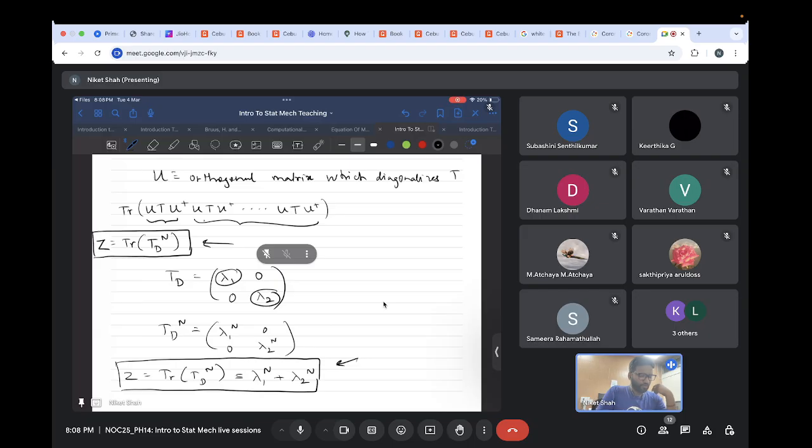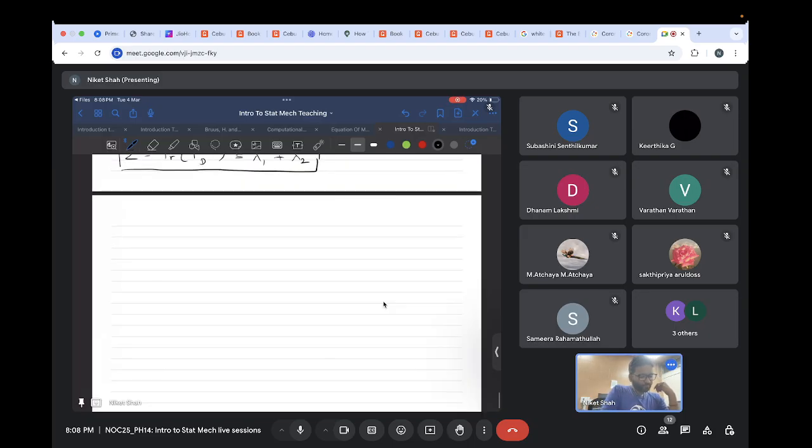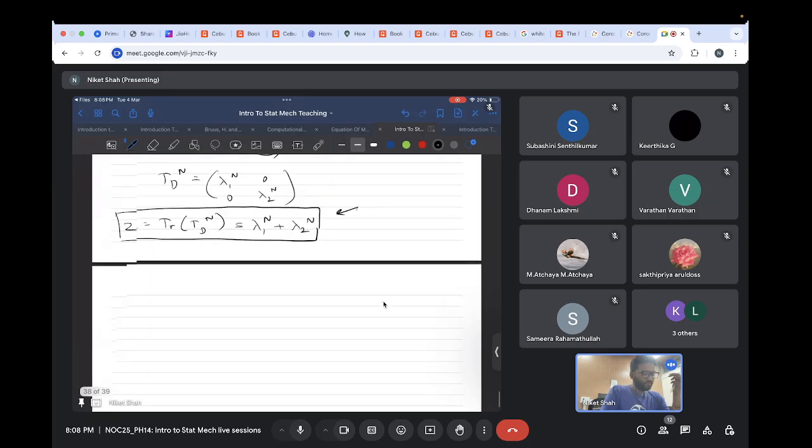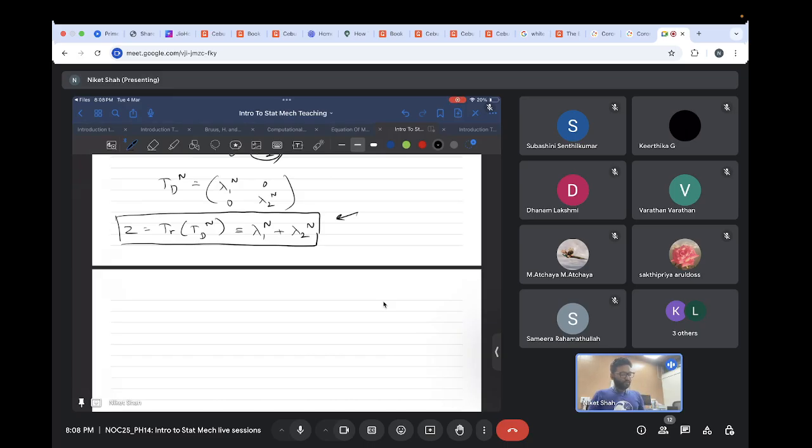Okay, assuming there are no doubts, moving on. Now, what is the question asking us to do? The canonical partition function for the above model for n much greater than 1. The question is for n much greater than 1. And what difference does it make? Normally, the partition function would simply be what we have derived: eigenvalue 1 raised to n plus eigenvalue 2 raised to n. That's it. But now, because n is much larger than 1,